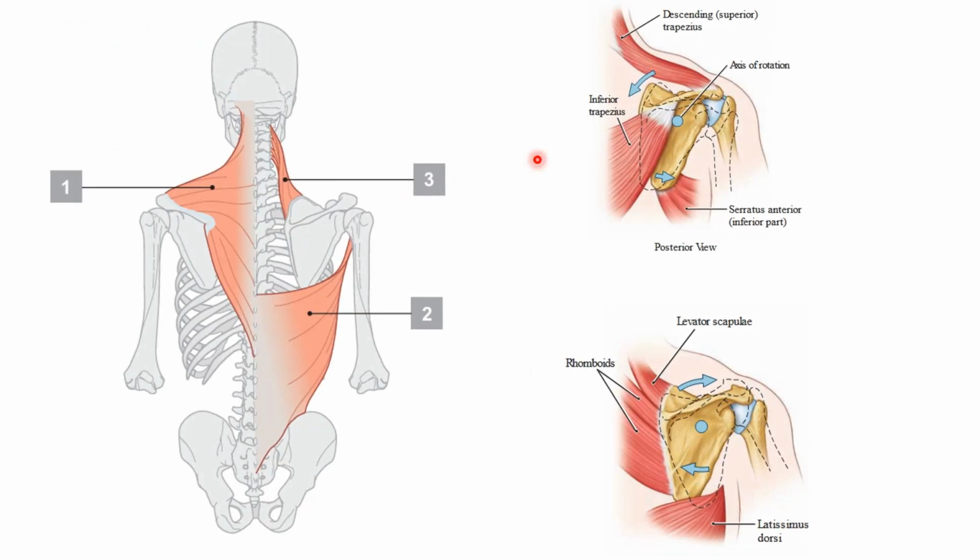You can understand this is the trapezius muscle. The superior part elevates the scapula, the middle part retracts the scapula, and the lower part depresses the scapula, and all parts are involved in lateral rotation of the scapula. It is involved in abduction of the arm from 90 to 180 degrees. And this is levator scapulae, elevating the medial border of the scapula. And this is latissimus dorsi, involved in adduction of the arm, medial rotation and extension of the arm.